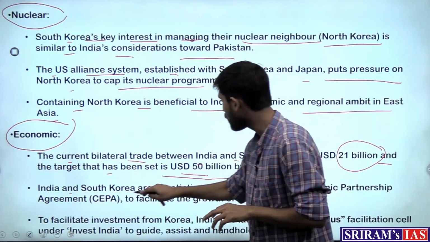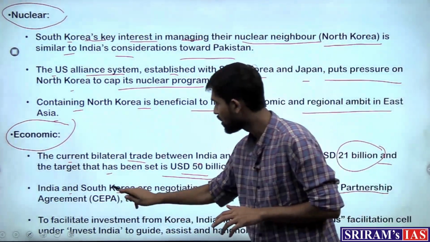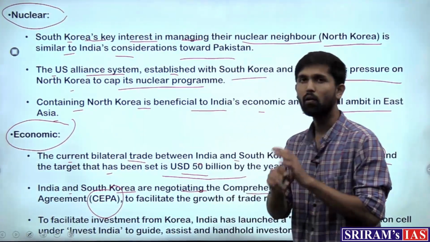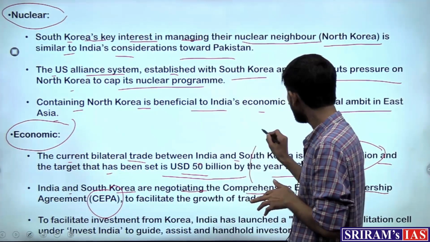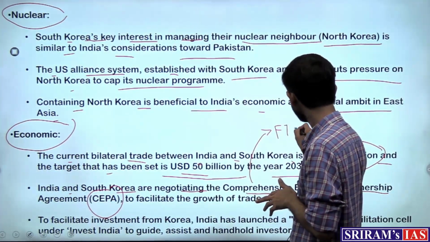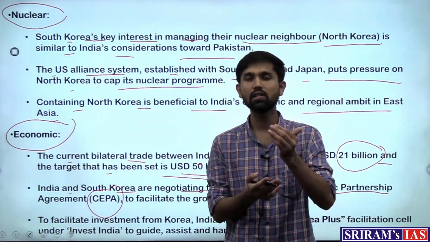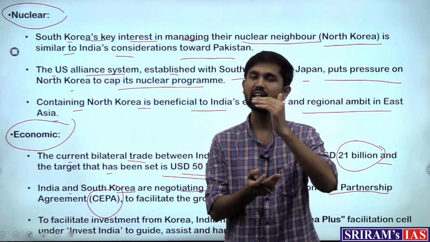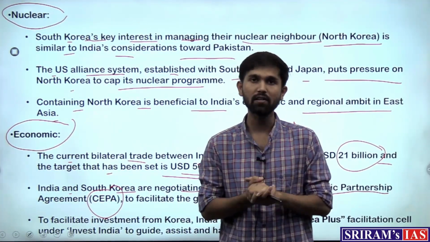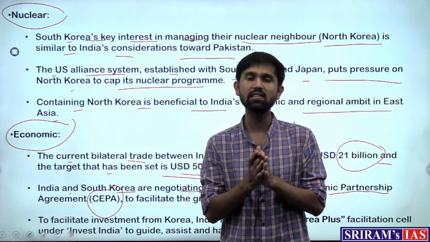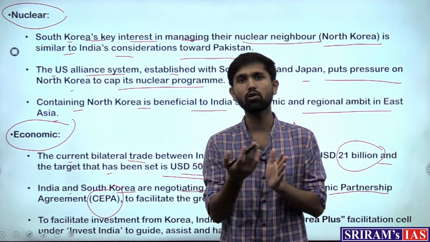So India and South Korea are also negotiating the Comprehensive Economic Partnership Agreement, which we call the CEPA. Now what is a Comprehensive Economic Partnership Agreement? It is similar to a free trade agreement. We had seen that there are various stages of these agreements. First we have the preferential trade agreement, then we have the free trade agreement, then we have the comprehensive partnership agreement. The difference between these is that these agreements are put together by two or more countries